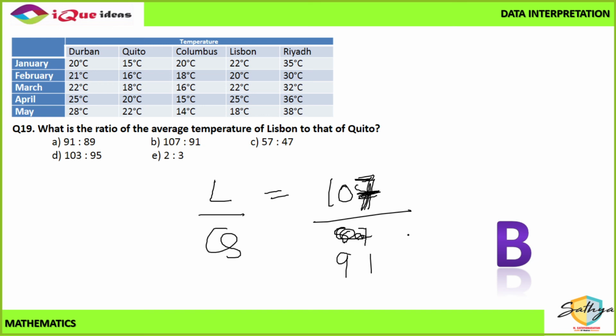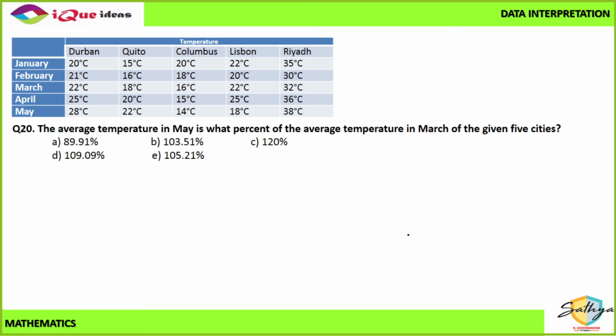Okay, last question of the day. The average temperature in May is what percentage of the average temperature in March of the given 5 cities? Again, in percentage, whether you take the total or the average makes no difference. So we can save some time. Just use the total value, don't divide it by 5. So May divided by March, I simply need to find out the percentage. So May is how much? And March is